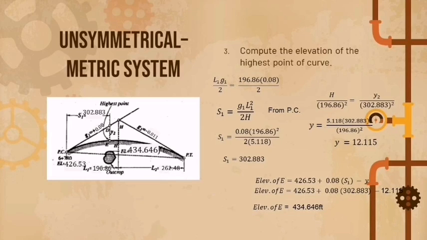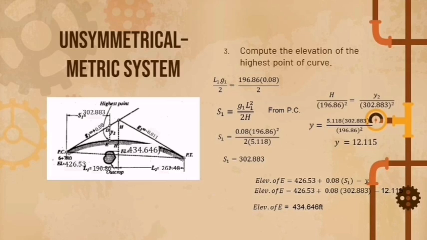So for unsymmetrical metric system number 3, the last number, compute the elevation of the highest point of the curve. Again, S1 is equal to G1 L1 squared over 2H. Substitute all the values, and after computing it, you will get the answer of S1 is equal to